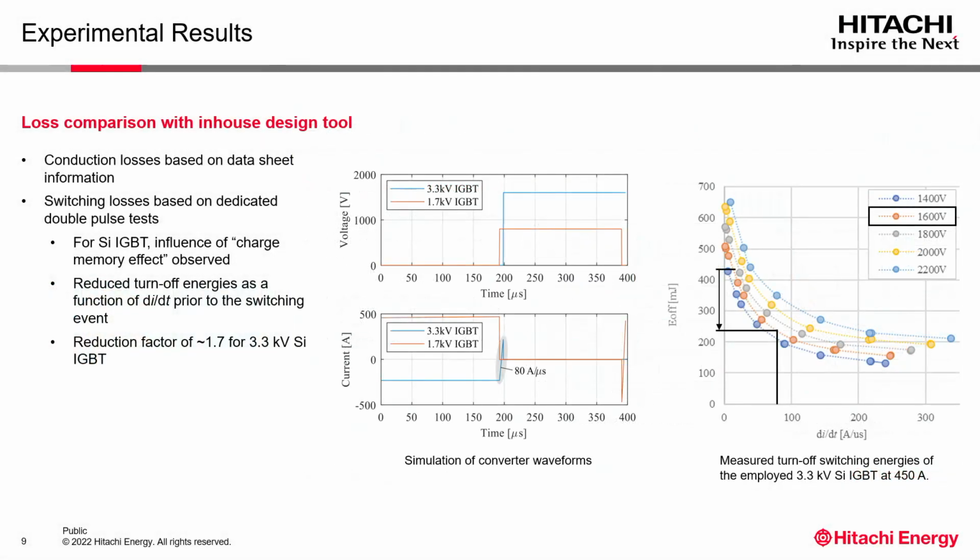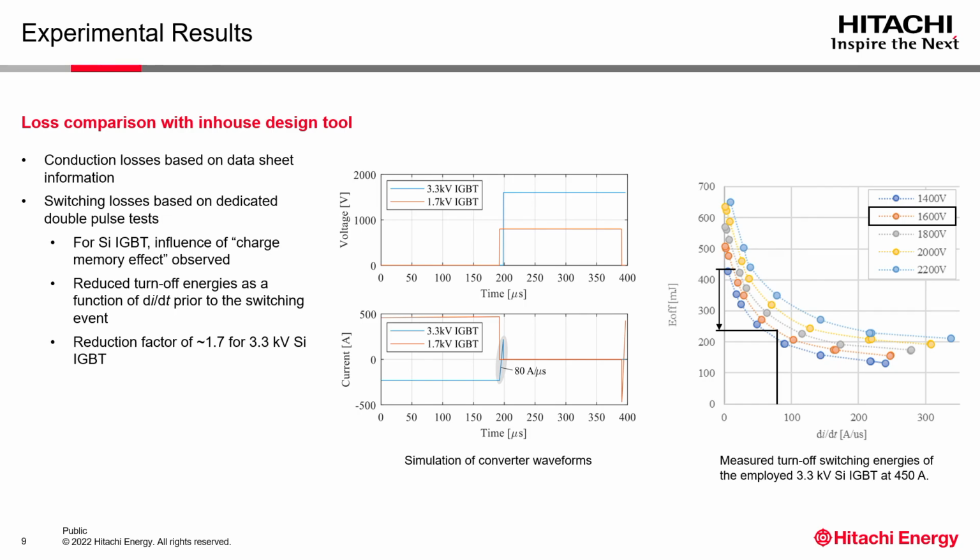For the loss comparison, I would like to spend some time on this slide to describe how we compared the two simulation results. We have an in-house design tool based on MATLAB Simulink, where we replicated the demonstrator setup. It's like these two cells in back-to-back configuration, and also the devices that we used. So we modeled conduction losses based on datasheet values. But for the switching losses, we had to pay attention because we found out in prior double pulse tests,